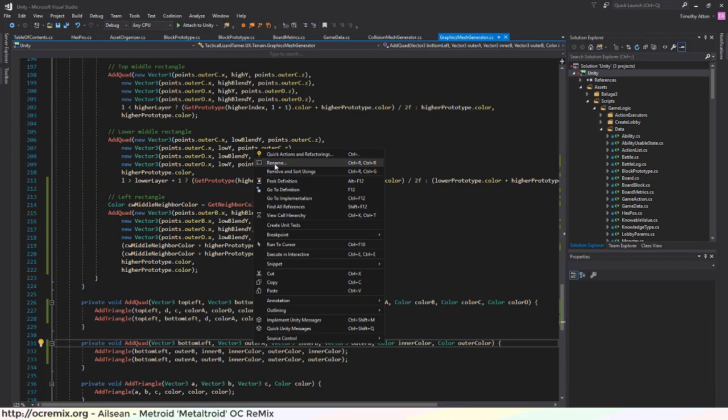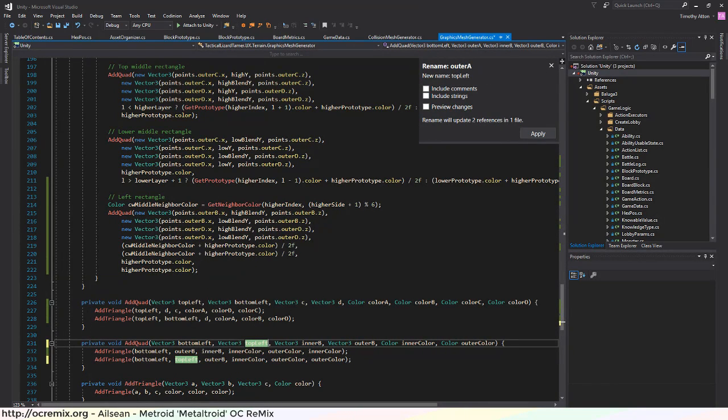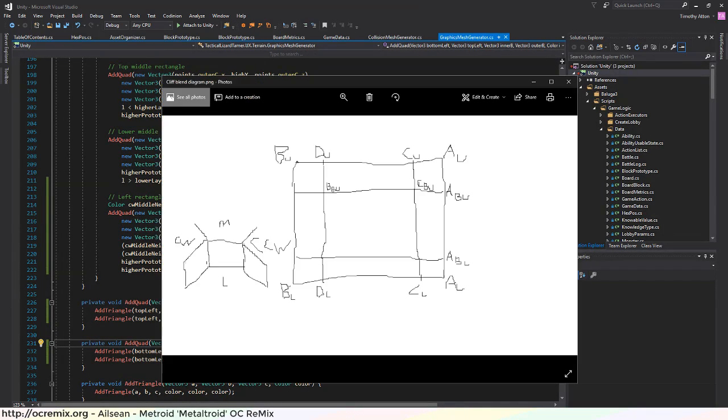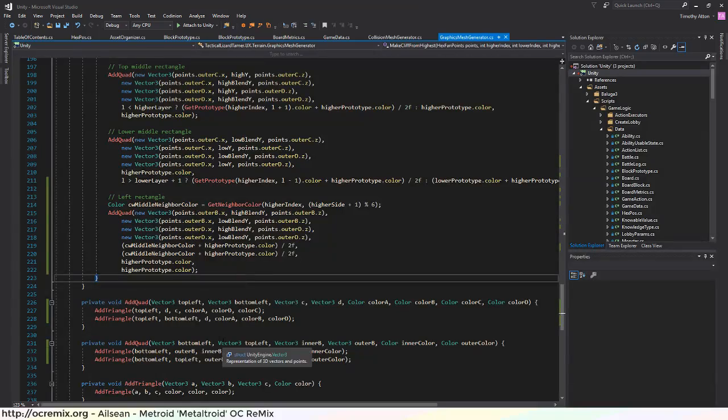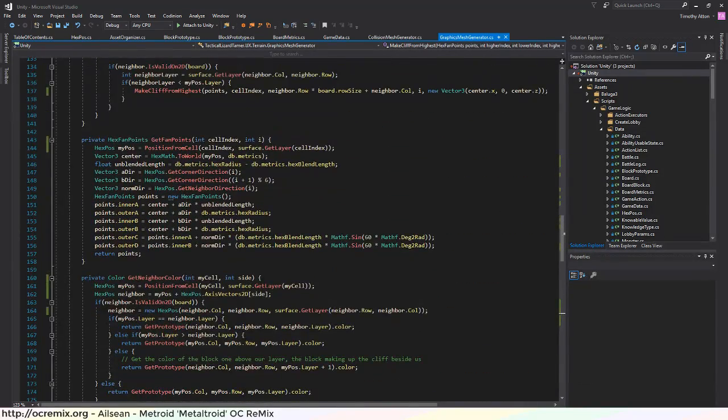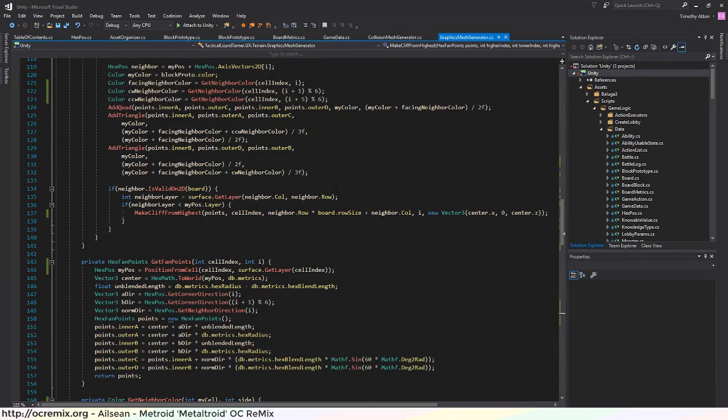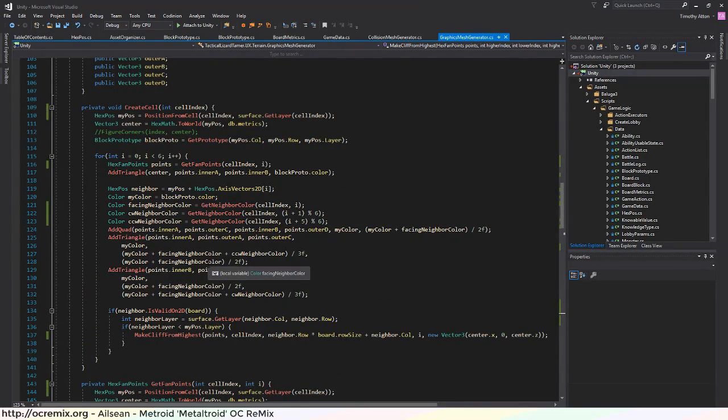The outer A is top left. Although wait. Yeah, A is on the right side, isn't it? Well, no, when you're looking up at the top of one of these hexagons,